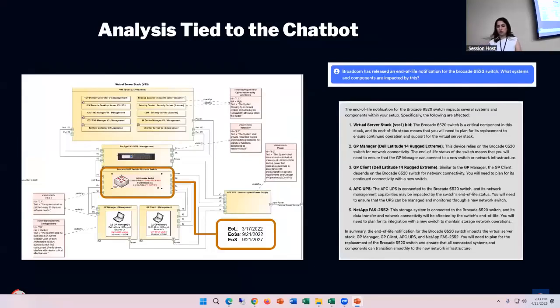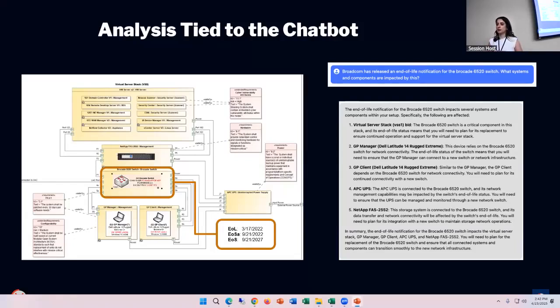The next tool that we have is the chatbot. So again, with the chatbot, we're able to ask natural language questions about the data that we have. In this particular example, we are using the same model that we used for the obsolescence management assessment. But now that we have done the assessment, we can go into the digital thread chatbot and ask about the effects of that obsolete part on our system. So when we ask that question,